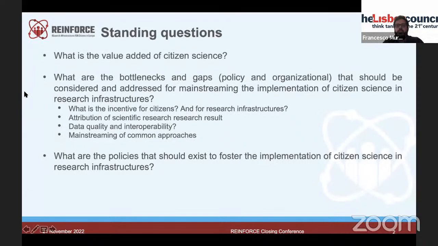The questions that the roadmap wants to answer are: what is the value added of citizen science, which is a broad question also in other parts of the project; what are the bottlenecks and gaps that have to be addressed in order to mainstream citizen science in research infrastructure, especially concerning the incentives for citizens, the attribution of scientific research results, mainstreaming of common approaches, data quality and interoperability; and finally, what are the policies that should be put in place to foster the implementation of citizen science in research infrastructures.